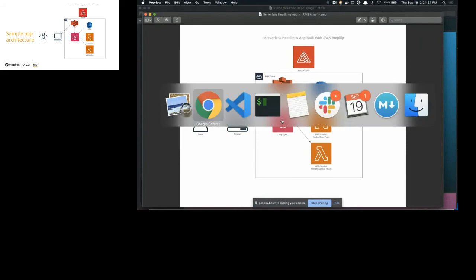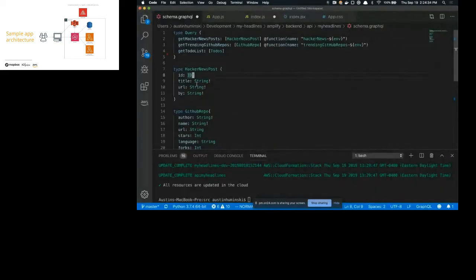So I'm going to quickly run through a little bit of the code so you can see how this is flowing. This is the high level of how the data is flowing. When you have GraphQL, you have a schema basically, and you have queries about how you want to talk to different backends. Awesome.